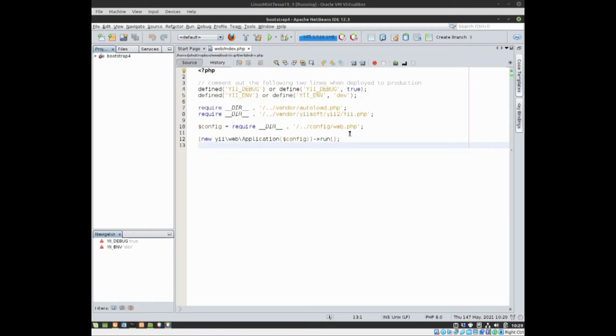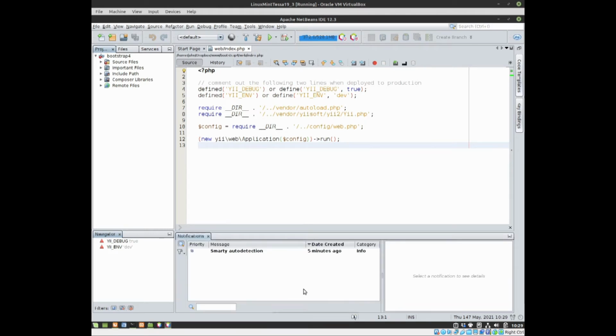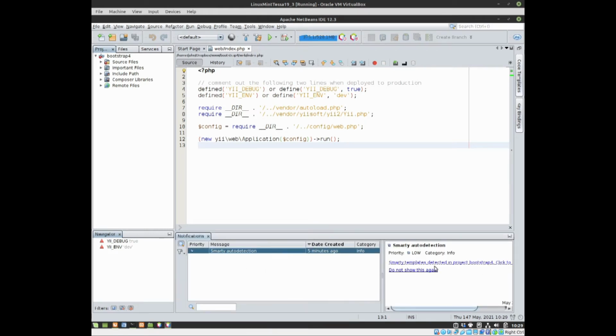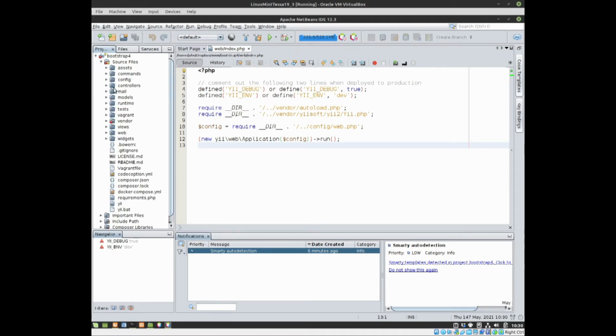Okay, so we've put the Bootstrap 4 folder into Apache NetBeans. There is one message which will probably be about Smarty templates, so I'll click on that, Smarty auto detection, and I shall click on that to allow it to happen, and that should be done. If we come to source files, now the first thing we need to do